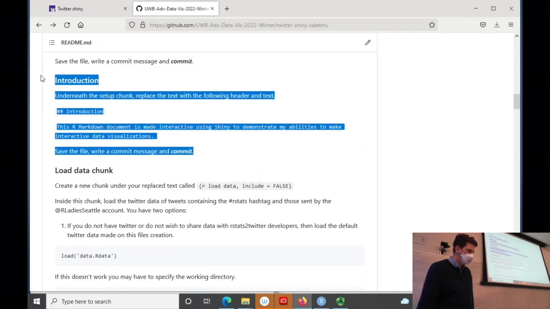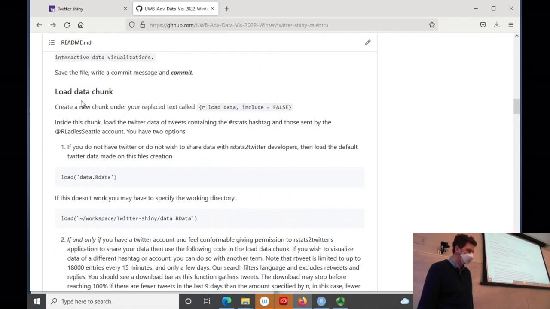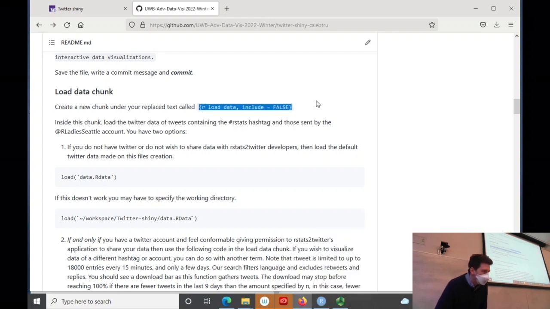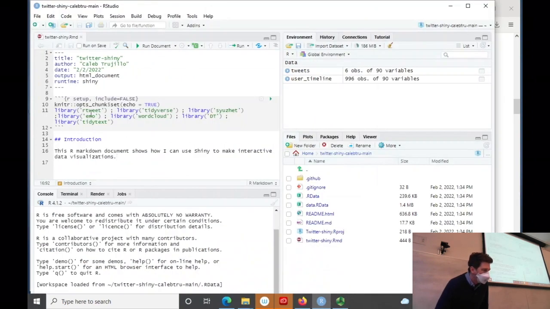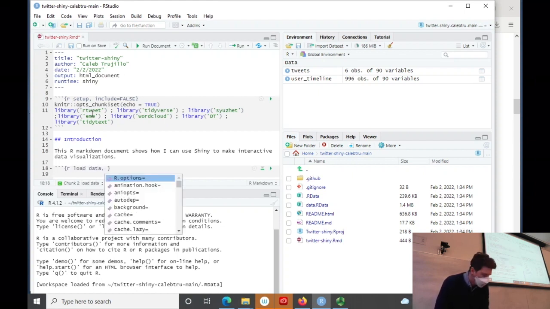So that's that section, and now we're ready for the next one, which is the load the data chunk. You're going to create a new data chunk, and we're going to call this the load data chunk, following this kind of demarcation here. So I'm going to create some new lines, add three backticks to represent that this is going to be a coded chunk where the coding language is R, and then I'm going to do load data, then comma include